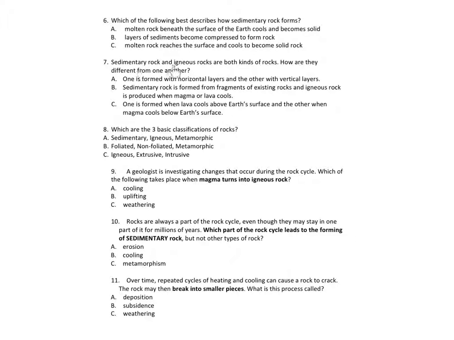Number 7. Sedimentary rock and igneous rocks are both kinds of rocks. How are they different from one another? A. One is formed with horizontal layers and the other with vertical layers. B. Sedimentary rock is formed from fragments of existing rocks, and igneous rock is produced when magma or lava cools. C. One is formed when lava cools above the Earth's surface, and the other when magma cools below the Earth's